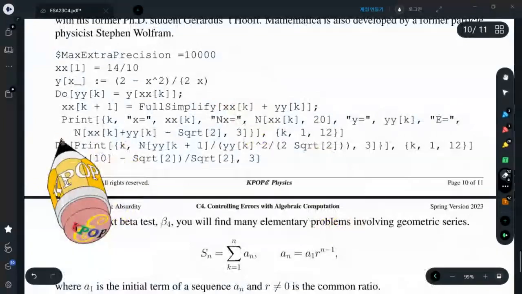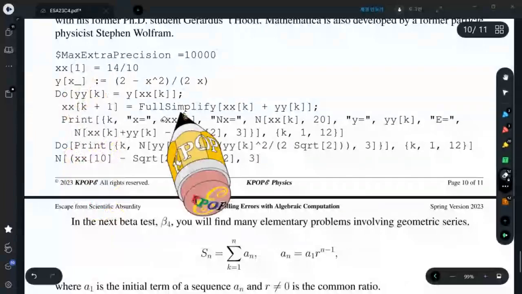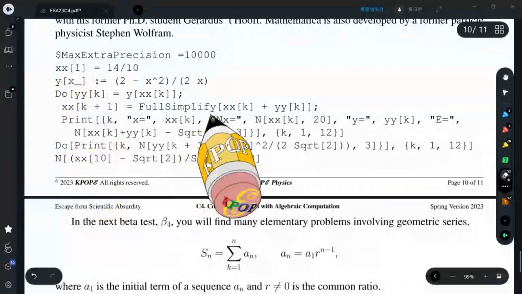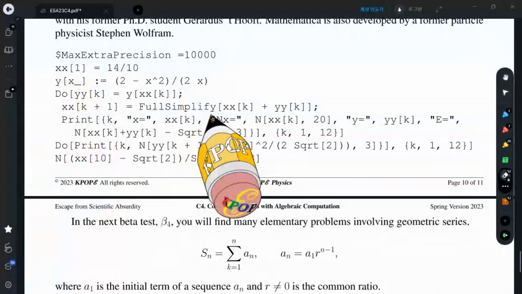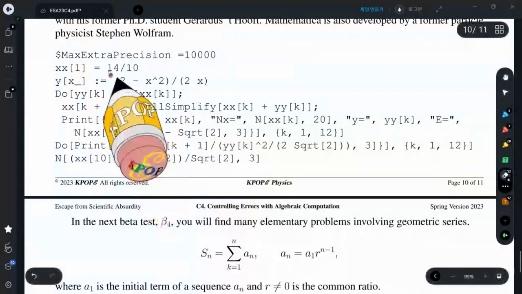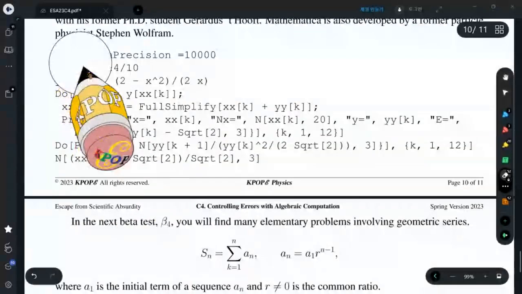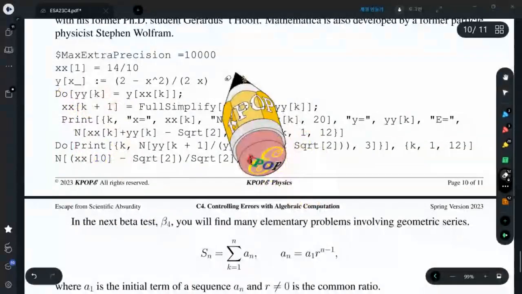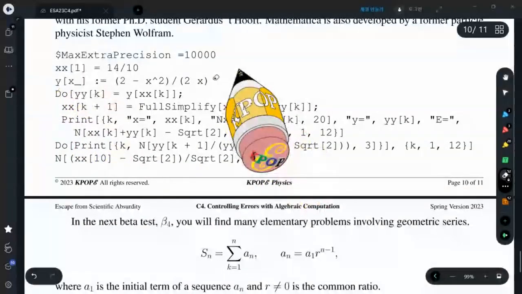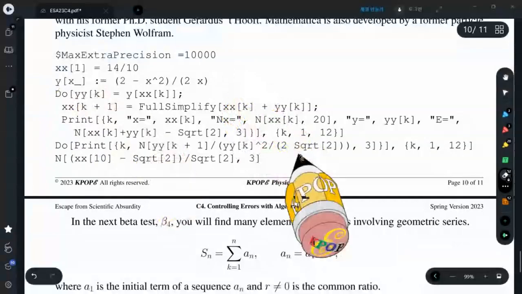If you are able to find a way to run a mathematical program, I heard that Wolfram Alpha is free to use, just like ChatGPT. You just copy and paste this program and find out how I calculate the 9,000-something digits of the square